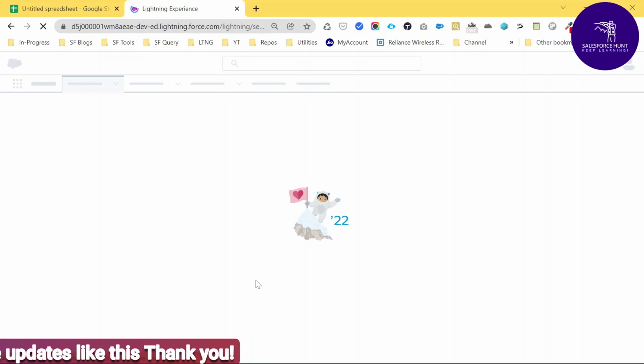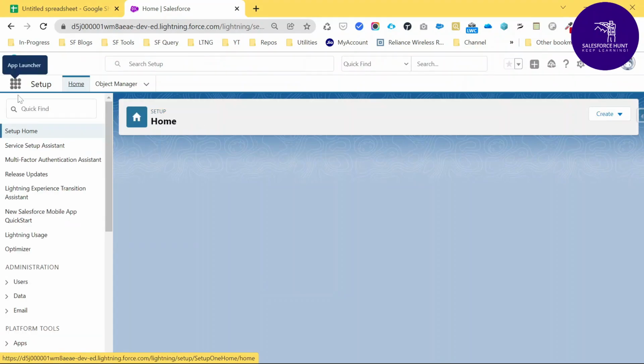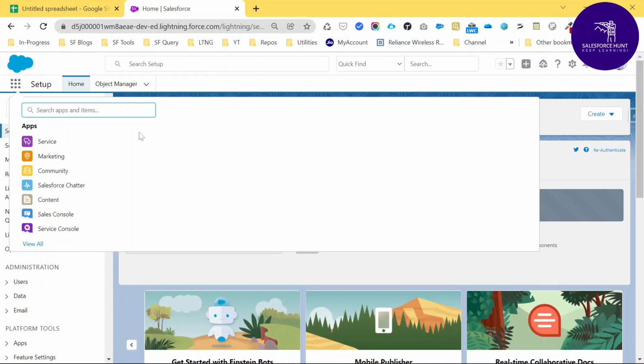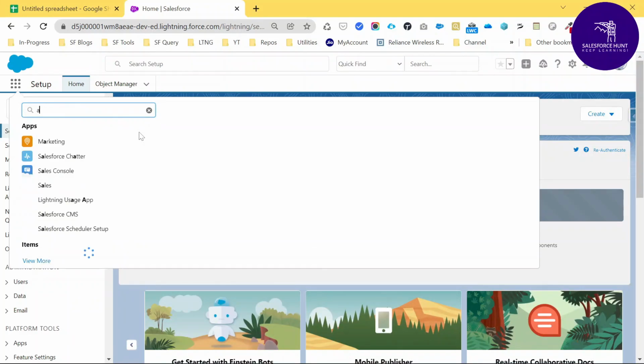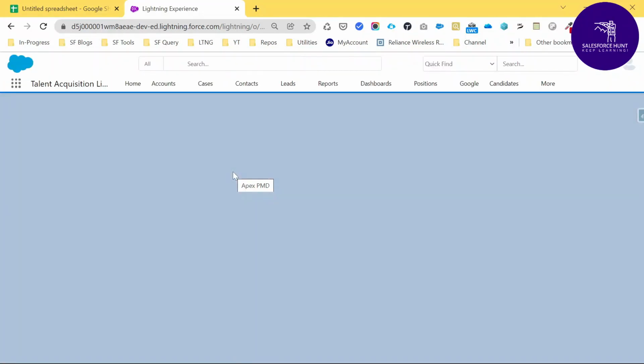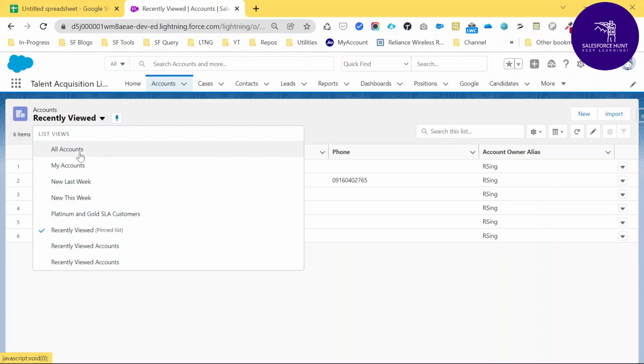Once you are logged in, you have to check all the account records under the account object. Here you can see I successfully logged in. Now let's click on the app launcher, search for account, and check all accounts.